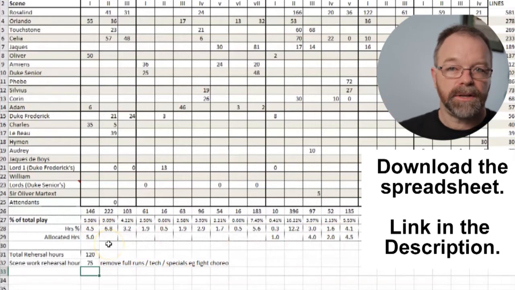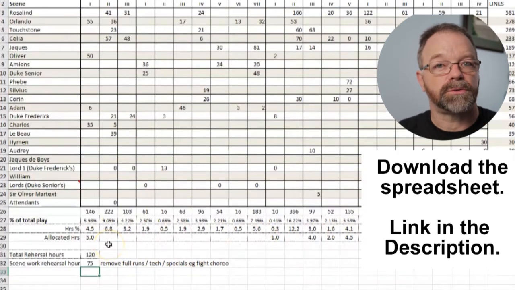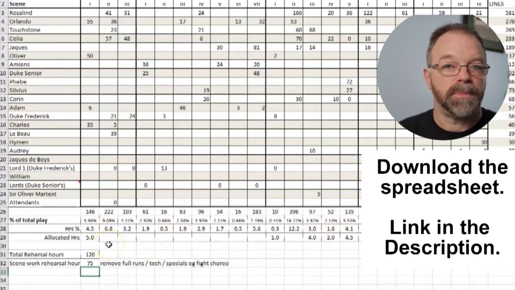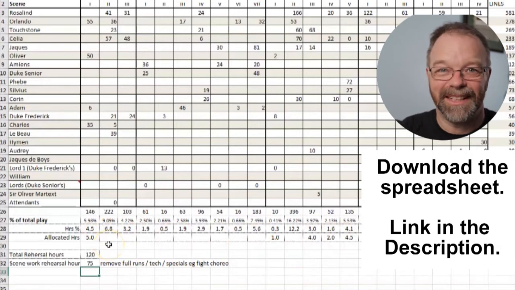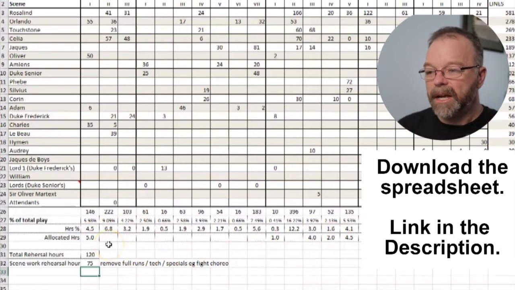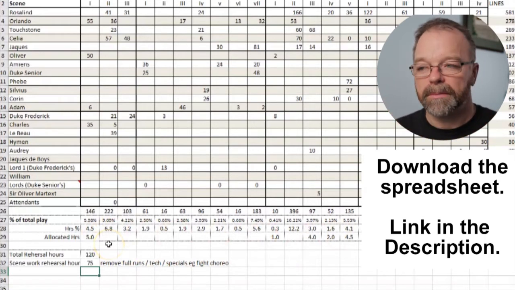And my stage manager knows that from our 4.5 hours in this case, I might allocate 2 hours to the first run of that scene in block 1. Then in block 2, I might allocate an hour, and then block 3, it might be half an hour to total our 4.5 hours, or whatever that added up to. It might be 2.5, 1.5 and a half, or whatever, however that works. But you get that idea of splitting that 4.5 hours up across the 3 blocks.